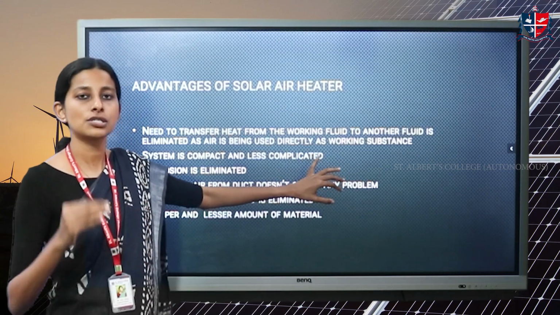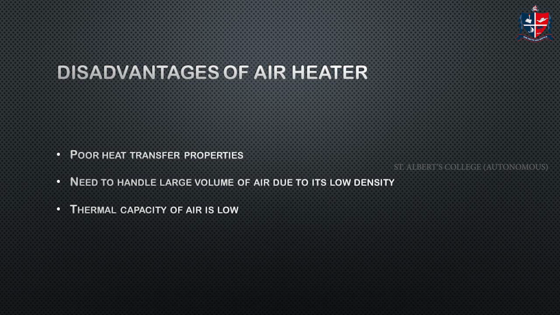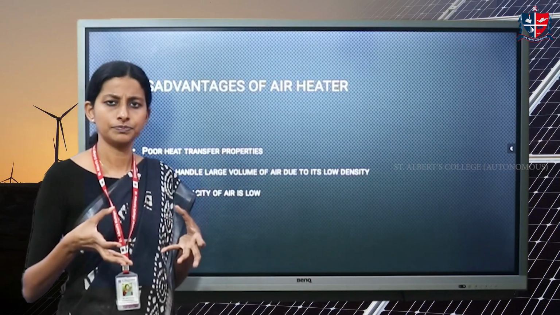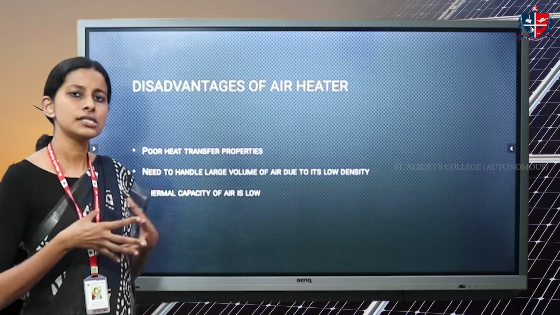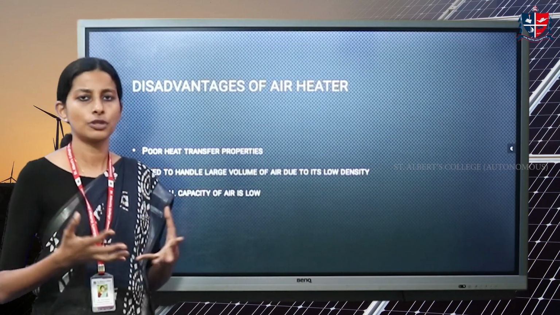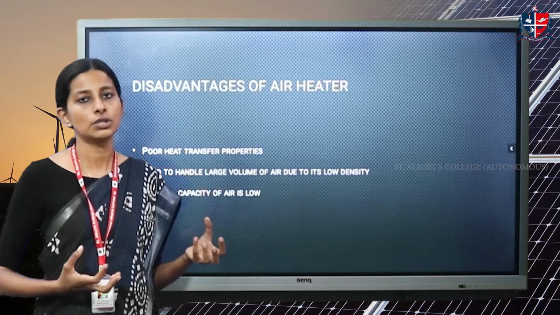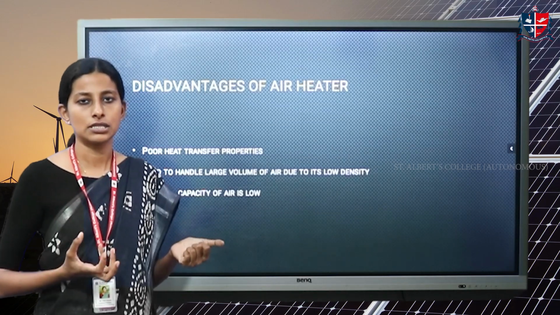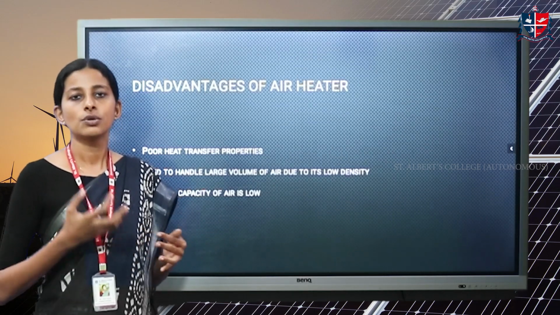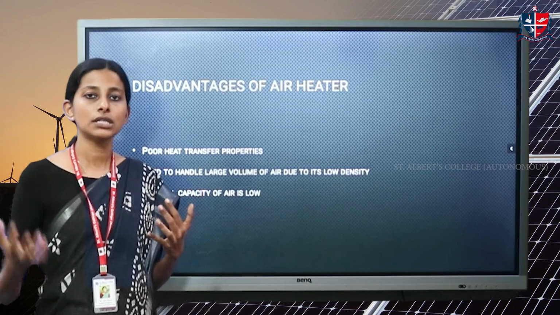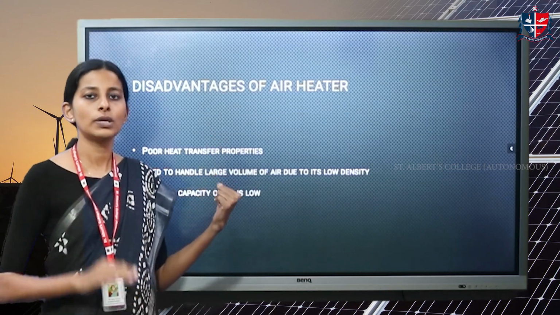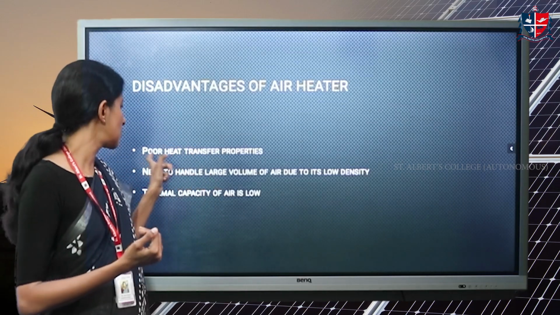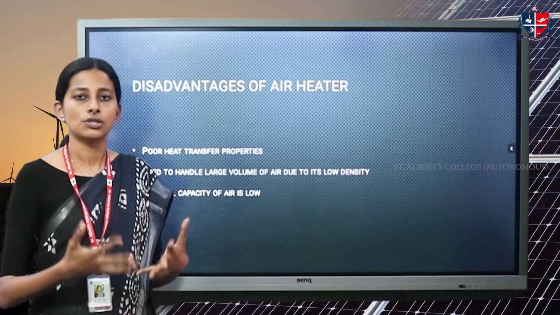So these are the advantages of solar air heaters. Now let's move on, because it also comes with a few demerits. As we said, the system is cheap because it is not much complicated. Hence, its efficiency is also not up to the mark, because here air is being used to heat up, right? The basic property of air is that it doesn't have much thermal capacity. It is not a good conductor of heat. So when you compare it with water as well as many other liquids, air is much lower in grade when it comes to heat transferring properties. So that is one demerit. Hence it is mentioned as poor heat transfer properties of solar air heaters.